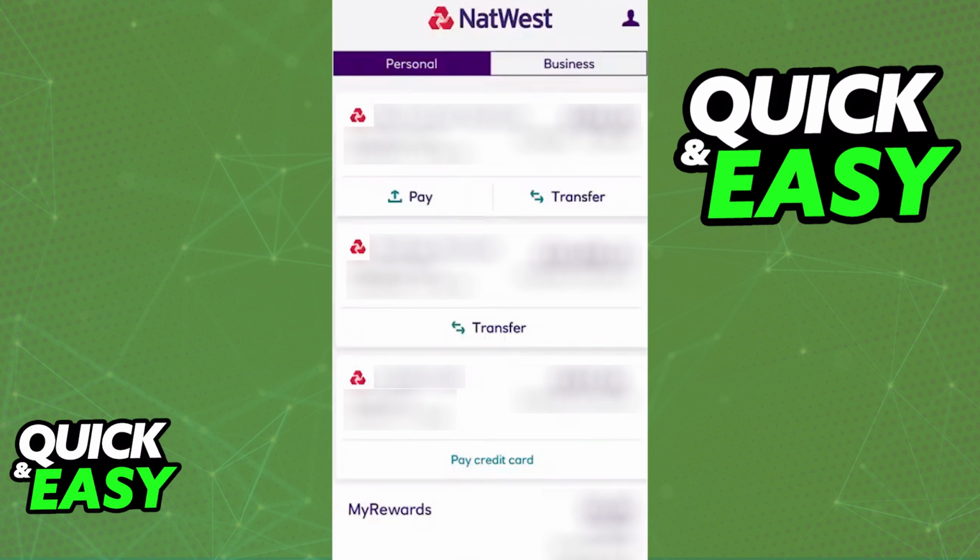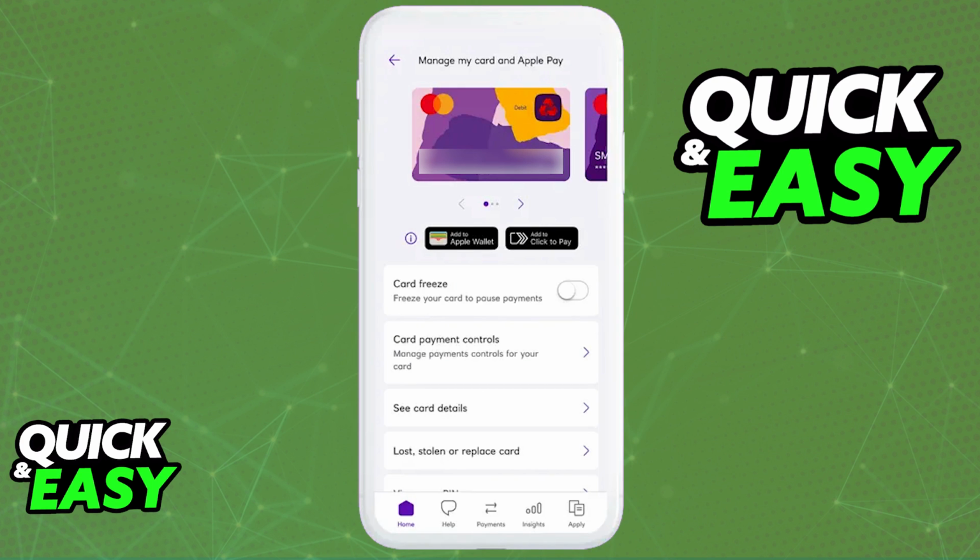When you download the app, you will be able to register for mobile or online banking, and after you have an ID and password, you will find all of your accounts linked in there. Tap on the specific credit card account that you would like to manage, and immediately you will see plenty of options. As you can see on screen, you will have plenty of functions when it comes to using your Natwest